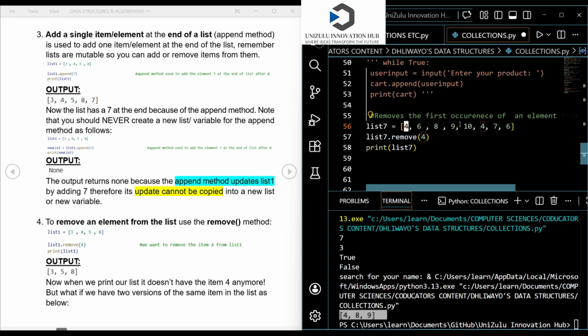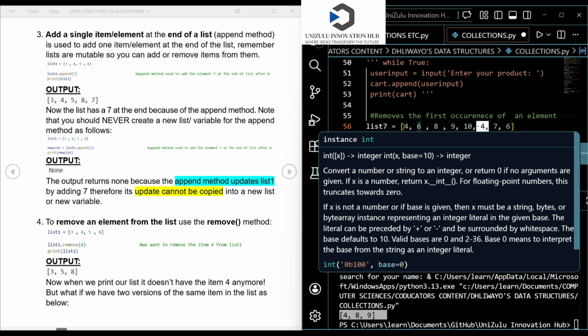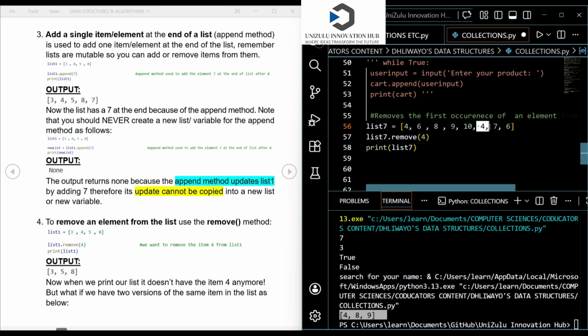For example, this 4 occurs 2 times, we've got two 4s. This is 4, this is also 4, right? So which one is going to be removed? It's the first one, because the remove method removes the first occurrence.